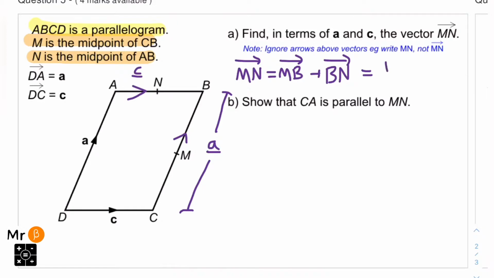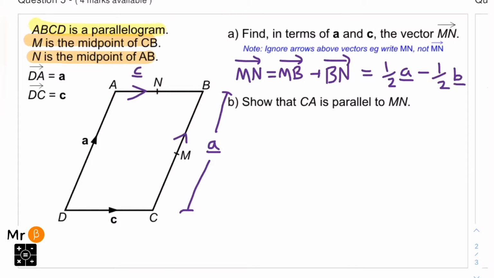So therefore, M to B must be 1/2 A. Similarly, we know that the total of AB is our vector C. However, we're going from B to N, where N is the midpoint. So first of all, we're going in the opposite direction, so it's a negative, and then it's going to be